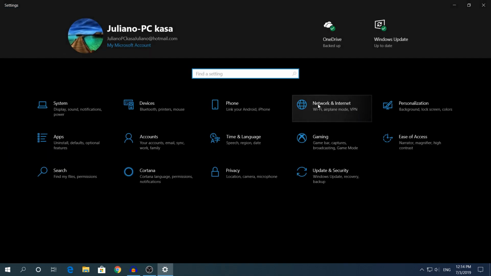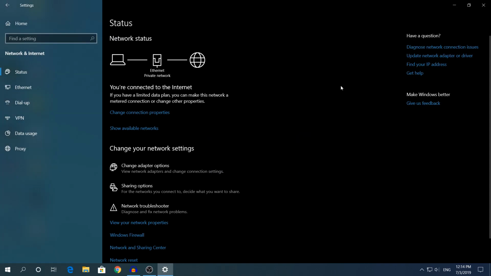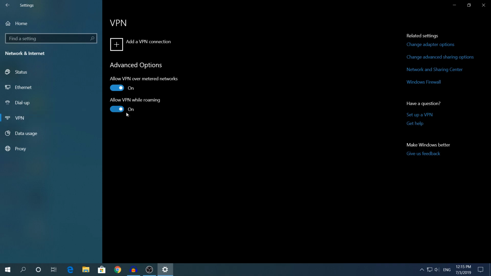After that, we're gonna go to network and internet. And here in the network and internet section, go to VPN and uncheck these two settings. I'm pretty sure the VPN is if you have a VPN installed and something is not working, make sure you uncheck both of these settings. I do not have a VPN, so I do not know if it actually works. And we're done with